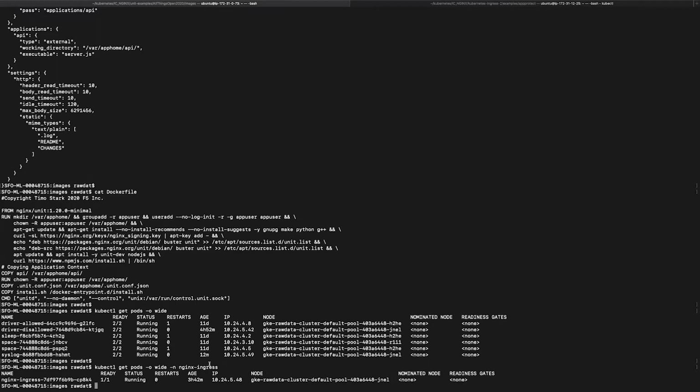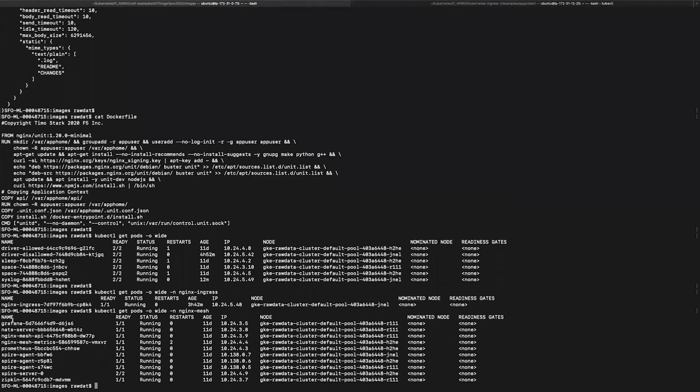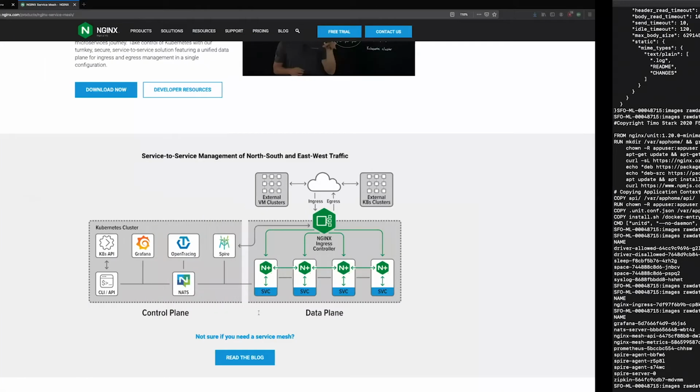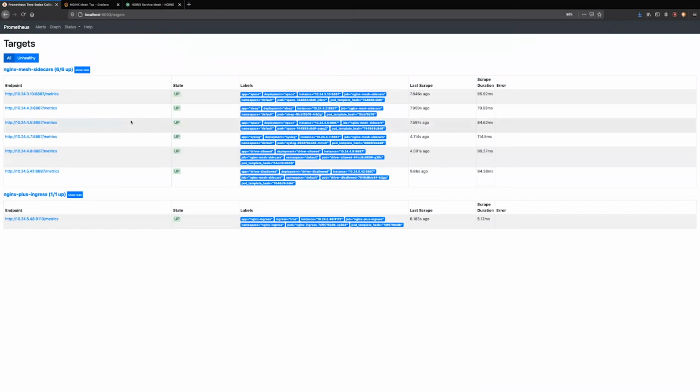So the first thing I want us to go over is the monitoring. If I want to centrally monitor my applications in the mesh and my Ingress controller, I can do so thanks to Prometheus and Grafana that come included with the NGINX Service Mesh integration in the NGINX Mesh namespace. If I do a port forward to these two pods, I can see them over here. Here are my targets, and they include the NGINX sidecars for every application or service in the mesh